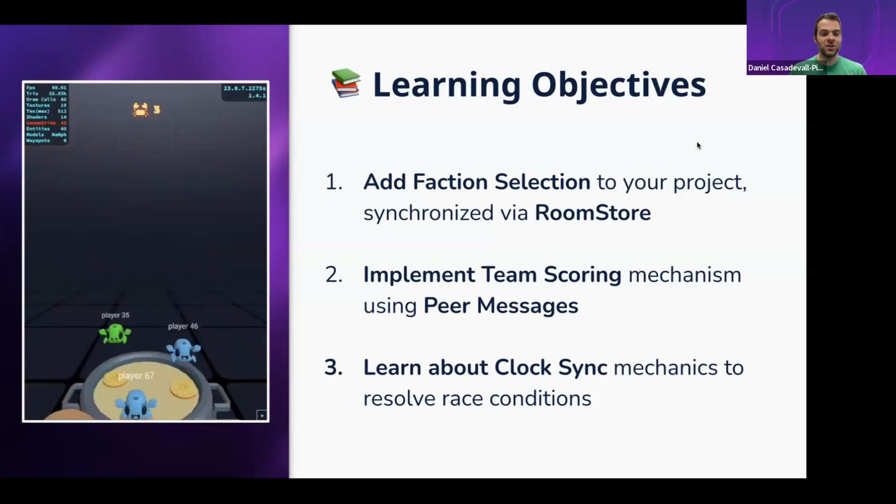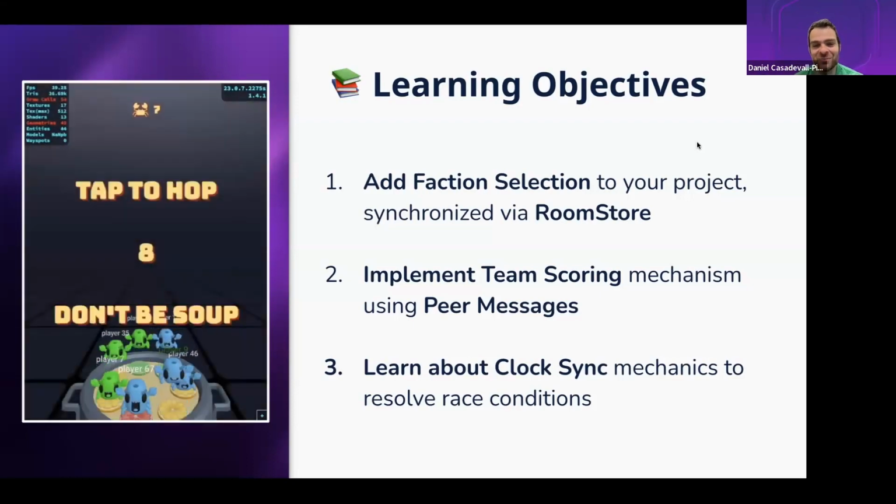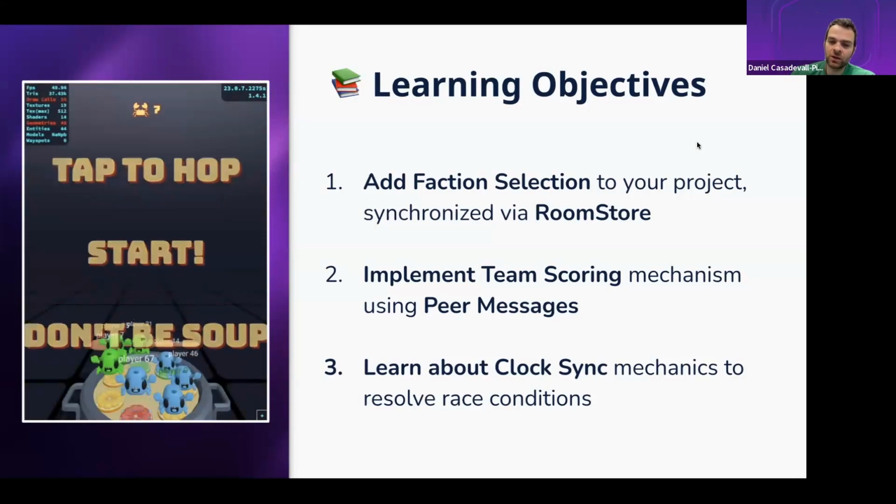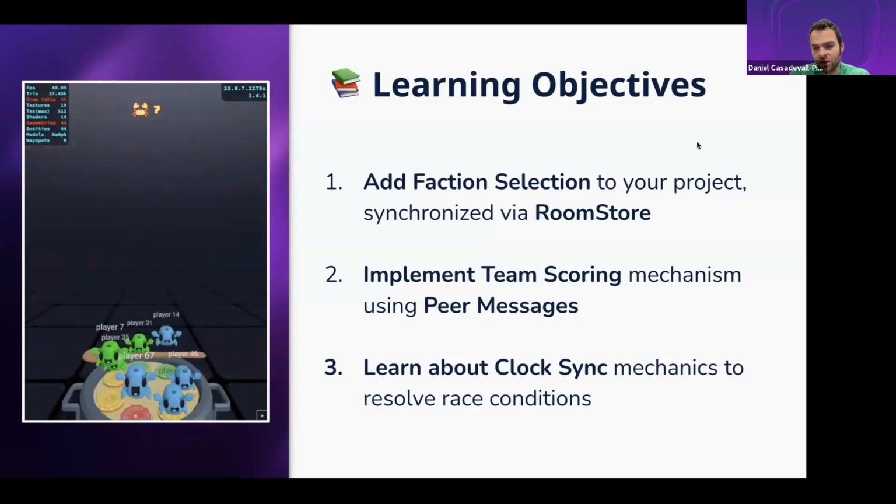The team that has no crabs in the pot left, or all the crabs in the pot, actually, that team loses. And we'll do that using peer messages, which I'll go over what that is. And finally, we'll learn about clock sync or universal clock to synchronize and resolve race conditions.